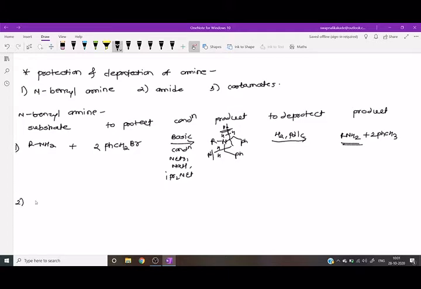Next example: the condition for protection is basic condition. Reagents are K2CO3, NaH, diisopropyl ethyl amine. Here both side protection takes place, from OH side and from NH2 side. The product formed after protection is